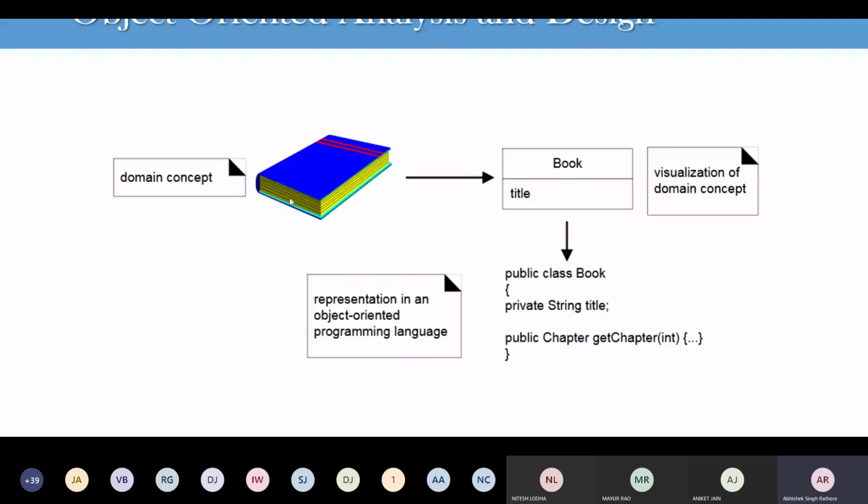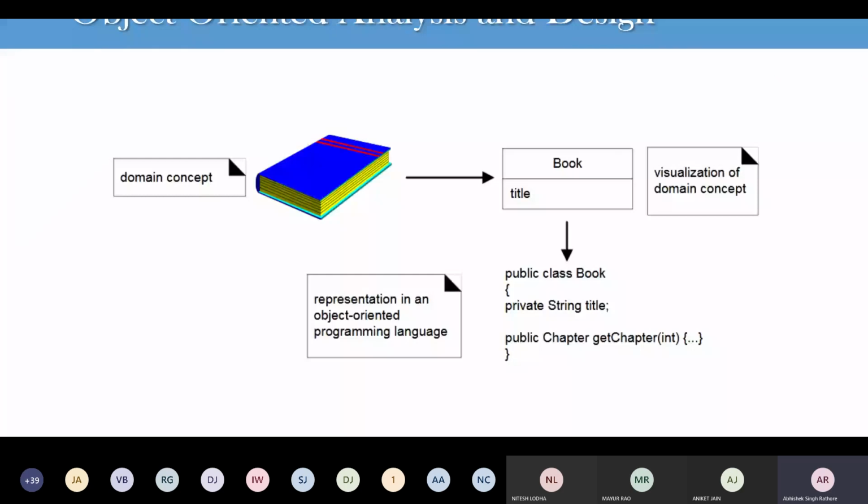When we identify the book as a concept in the earlier analysis phase, in the final implementation phase we'll write this book concept as a book class in, let's say, Java or C++ or C# and so on.